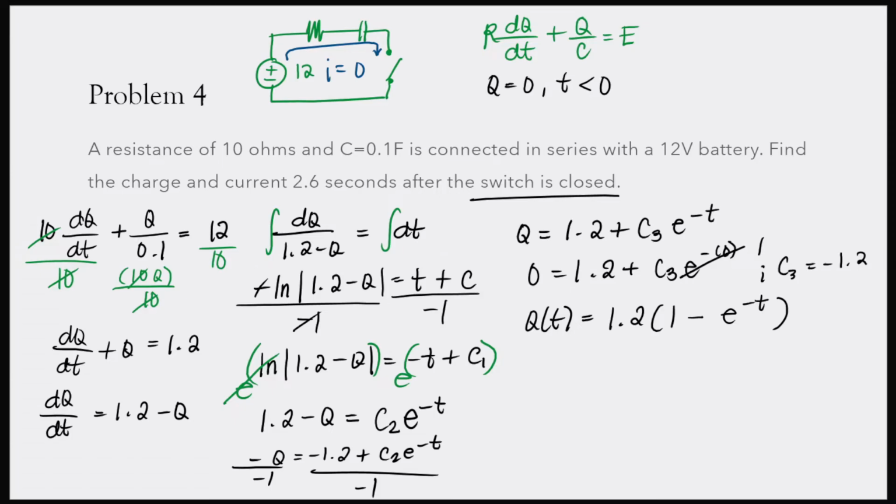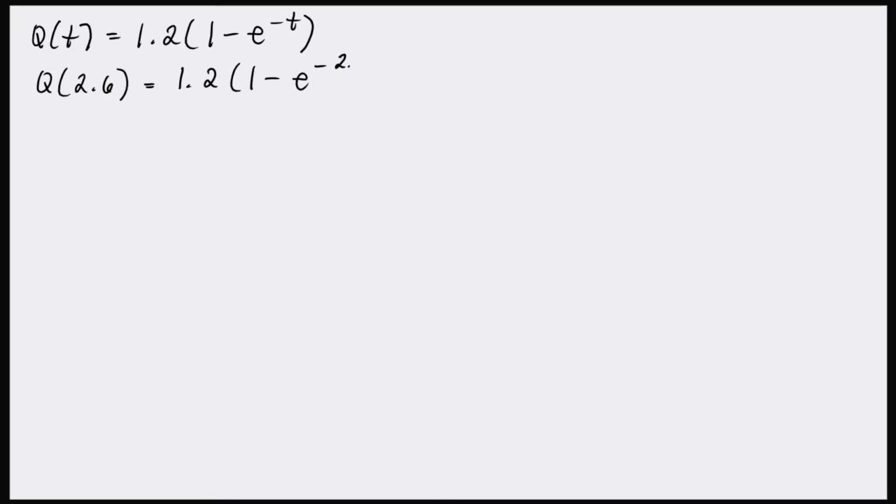Now, what is the charge and the current 2.6 seconds after the switch is closed? What we will do is, charge first. We have Q of t is equal to 1.2 times 1 minus e raised to negative t. So, we have Q of 2.6 is equal to 1.2 times 1 minus e raised to negative 2.6. So, therefore, we have Q is equal to,